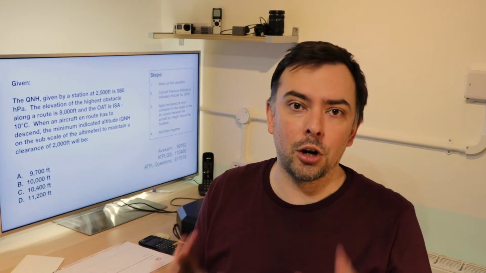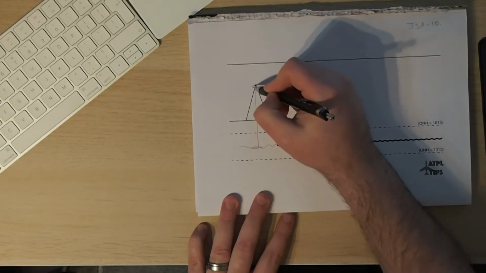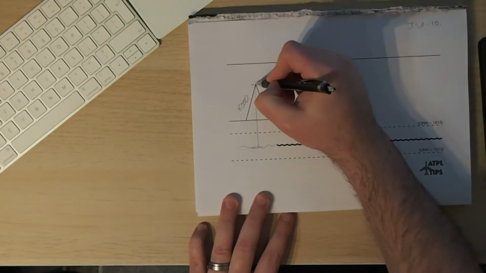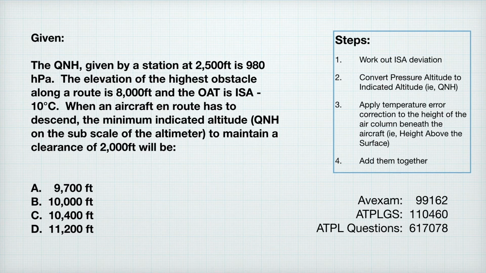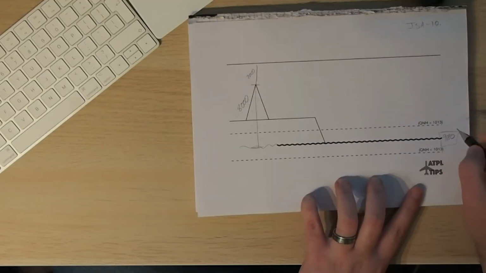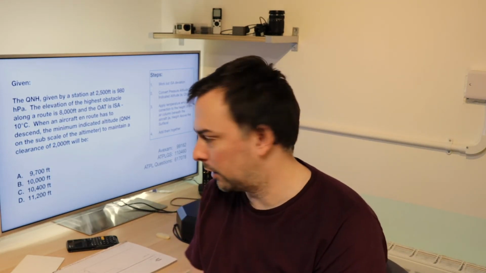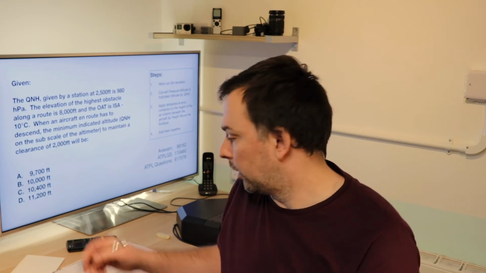This time we've got an obstacle and we've got a clearance. So the obstacle elevation, and we know that elevation is referring to height above sea level, is 8,000 feet, and we have to maintain a clearance of 2,000 feet. We've got a QNH of 980, which means that we're looking at a QNE down here, although I don't think there's anything in the question that asks about flight levels or pressure altitude or anything like that. Okay, so, right, what's the question asking? Well,